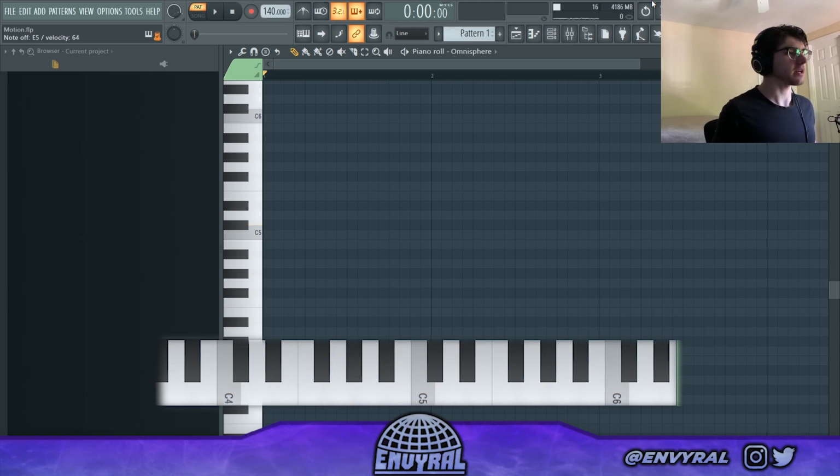And the 4th adds a lot of color as well. It's more unstable though, you know, it kind of wants to go down. And then you have your 6 and 7. I use the 7 and 9 a lot, so like